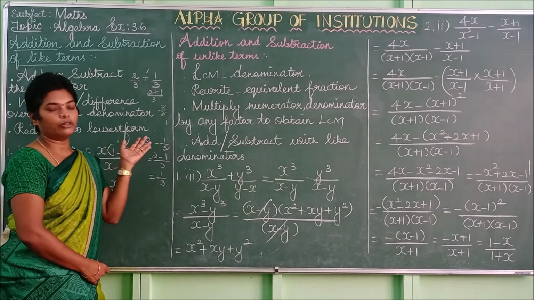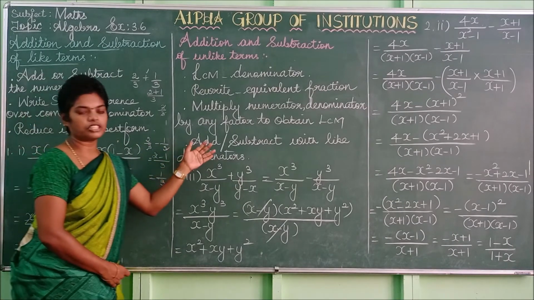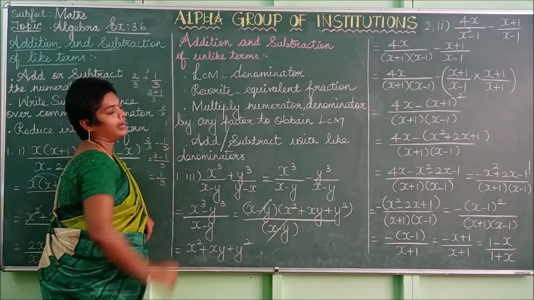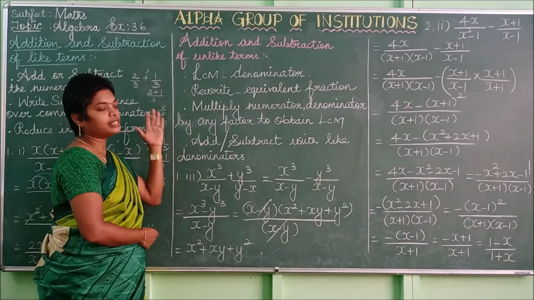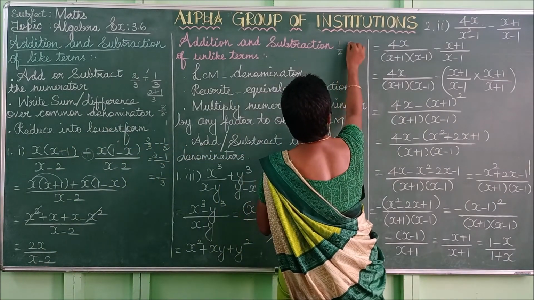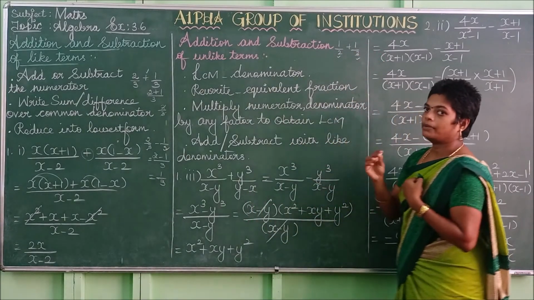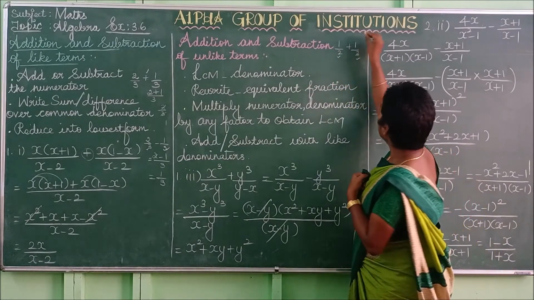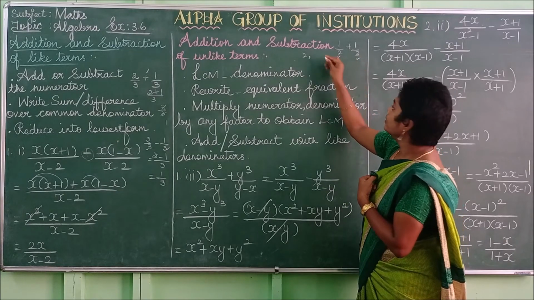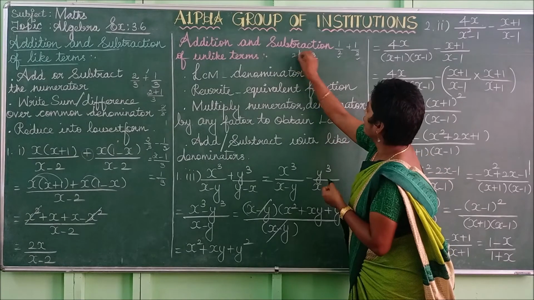The next one is about unlike terms. We learned about like terms; in this session we are going to learn unlike terms, the addition and subtraction of unlike terms. If it is unlike, generally in numbers I can write 1 by 2 plus 1 by 3. Both the denominators are different, which means you have to choose the LCM. So write the denominator values: 2 comma 3. 2 comes only in the 2 table, so you can write that 2.